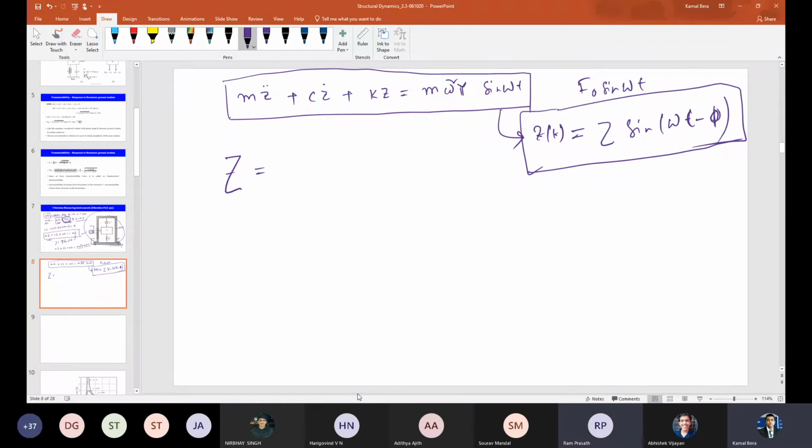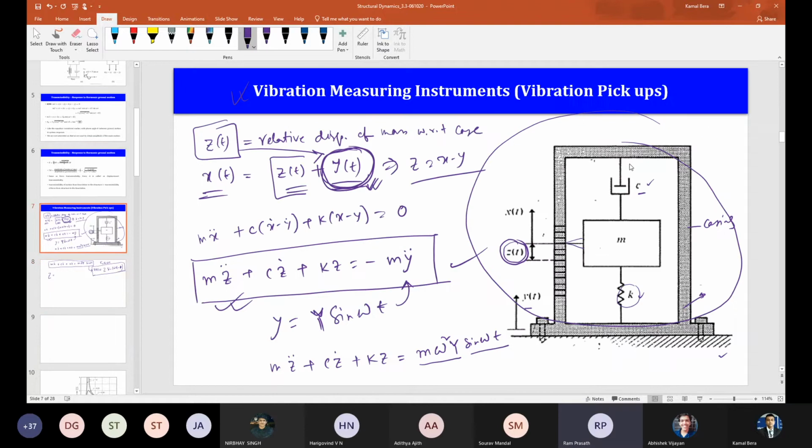Sir, can you please explain that relative motion equation? Like how did you get that m x double dot? Yes, sir, this one. Which one, this one or this one? Which one, tell me please. Sir, the first one, since we are finding relative motion, x dot minus y dot is fine, but why x double dot minus y double dot also?